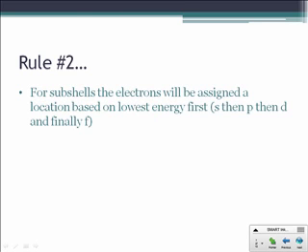Rule number 2. For subshells, the electrons will be assigned a location based on the lowest energy first, S, then P, then D, and finally F. So what happens here, for example, is you end up with a filling order of the orbitals or the clouds, a certain sequence to which they fill. So you'd start with the first energy level and the S shape, and then we'd have the second energy level S shape and the second energy level P shape,